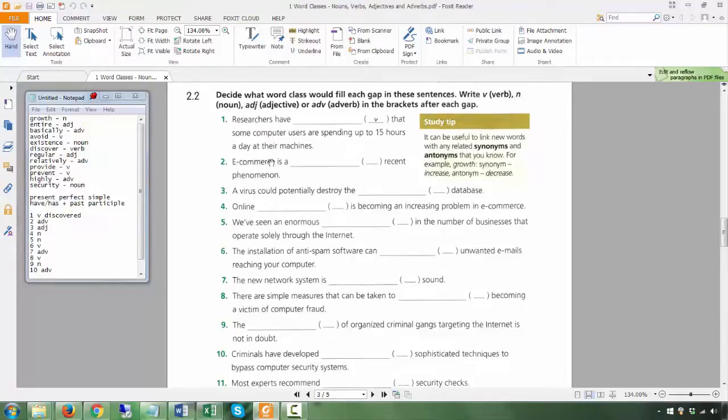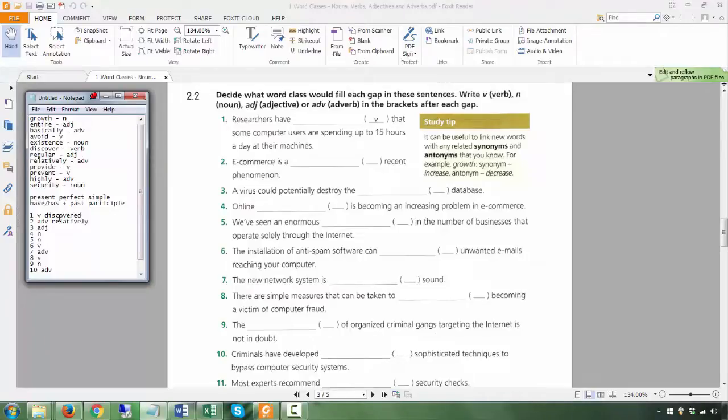But the thing is that you can't just say all three of them fit. No, only one of them fits, and the answer here is relatively recent. Because you say relatively recent, you don't say basically recent, because basically and recent are not collocations. They do not combine together naturally. It doesn't sound natural. Okay, and there's a way to find out what words come together naturally, and I'll talk about that in that chapter. All right, so relatively